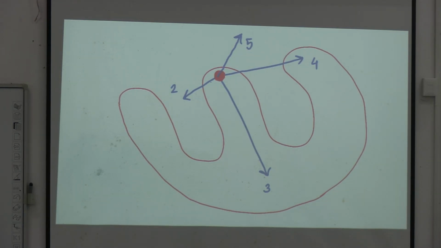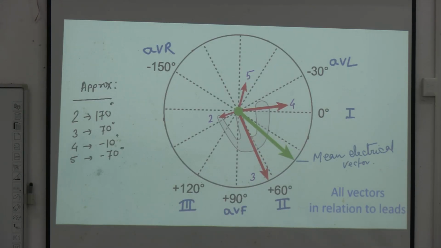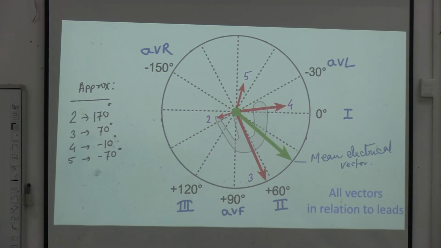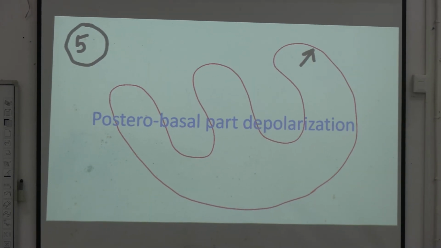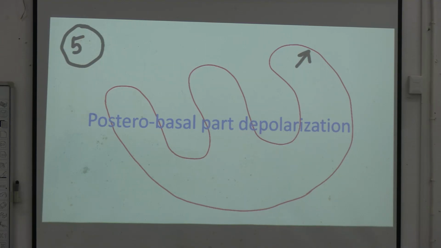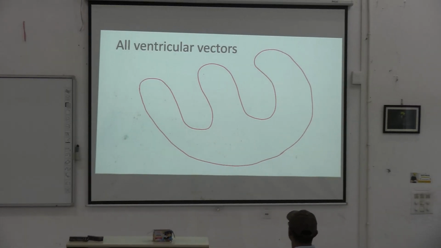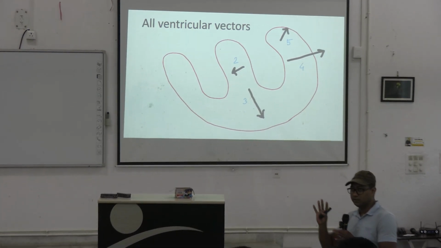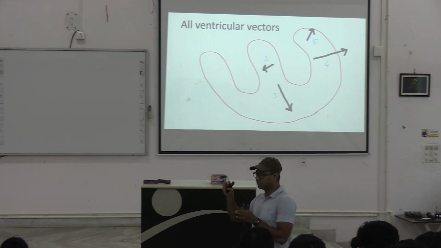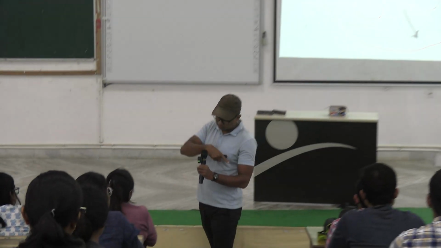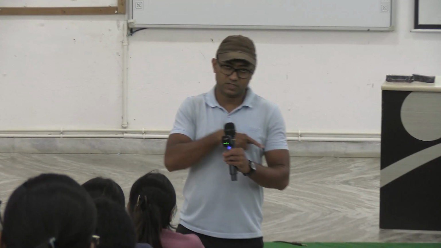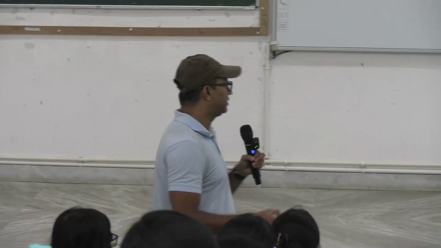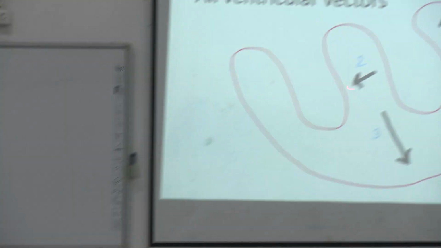If we exclude the atrial depolarization vector, we are much more concerned with the ventricle, right? So we will see all the ventricular vectors. Forget the atrial depolarization vector, which is oriented down and laterally towards the left, right? Down and left. So if we see all the ventricular vectors together, the first vector is